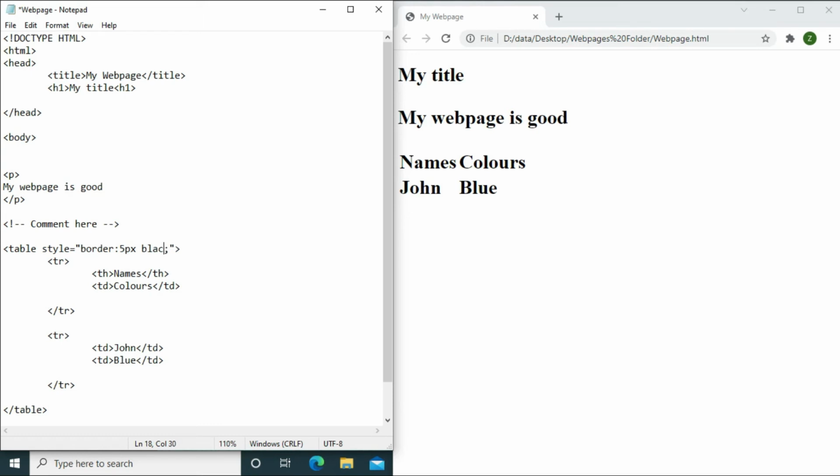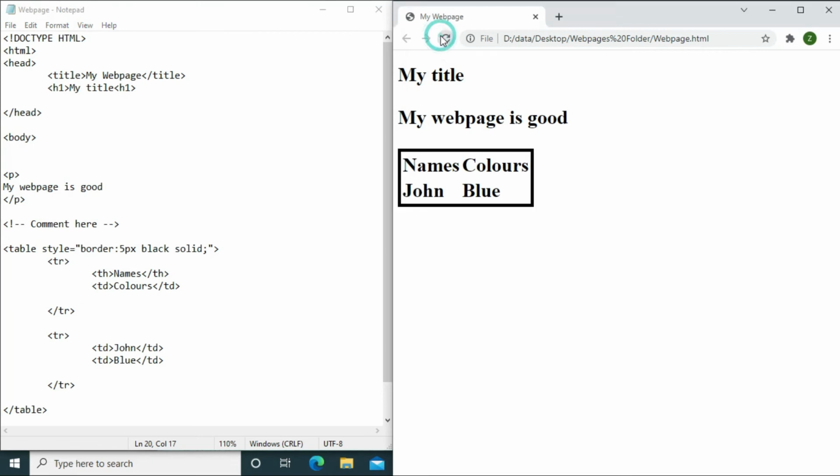Why? Because we want to know if the table is technically there or not. Then we're going to add a border. Now the border takes in some values. So the first value it takes is the width of the border. It could be in pixels, centimeters, any value you would like. So we're going to give it a value of 5 pixels width, and then it takes in another value which is the color, of course. So we'll stick with black color right now,